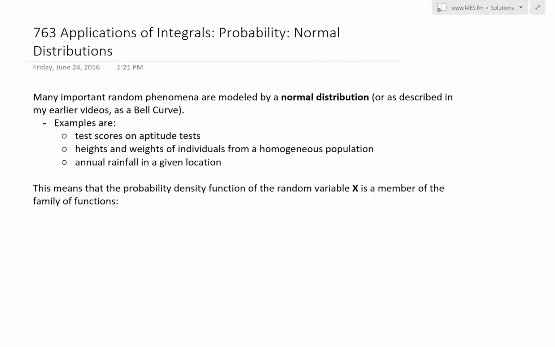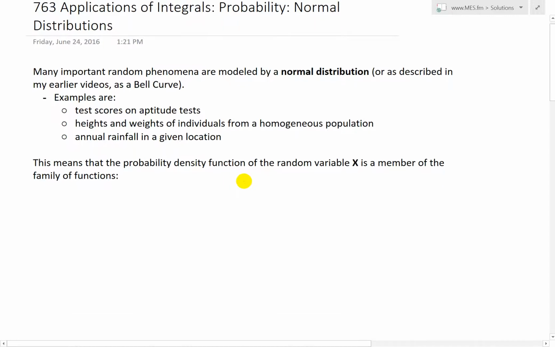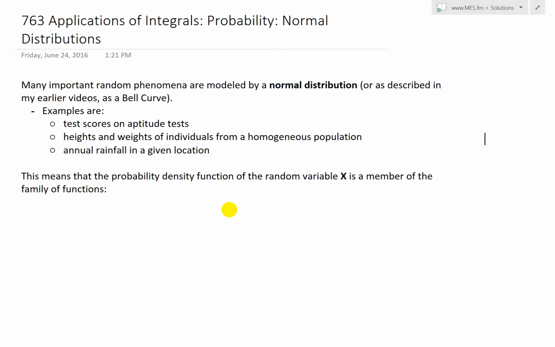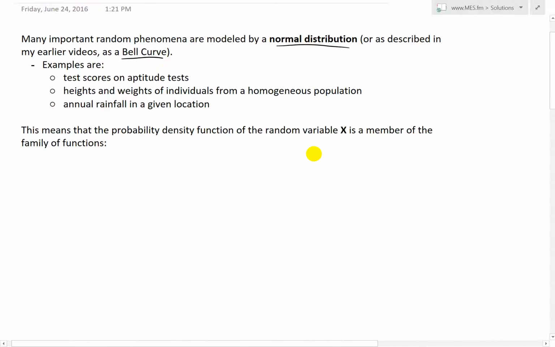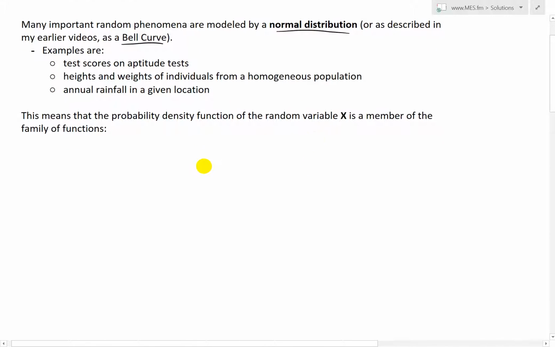Let's discuss further applications of integrals, and now look further into probability, and specifically at normal distributions and the normal distribution function. Many important random phenomena are modeled by a normal distribution, or as described in earlier videos, using a bell curve. Examples are test scores on aptitude tests,